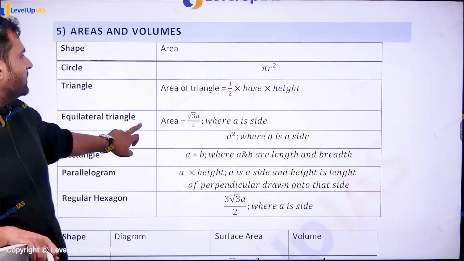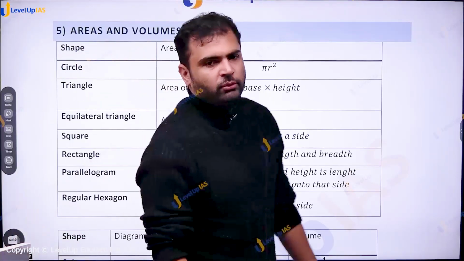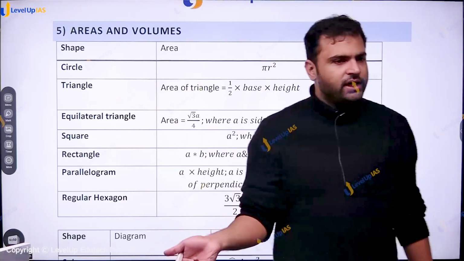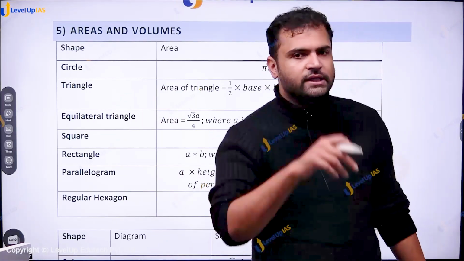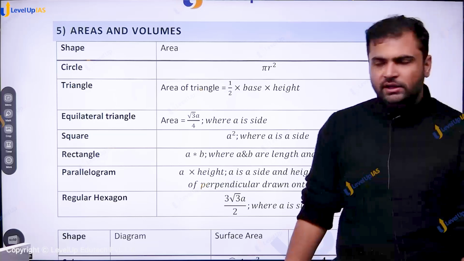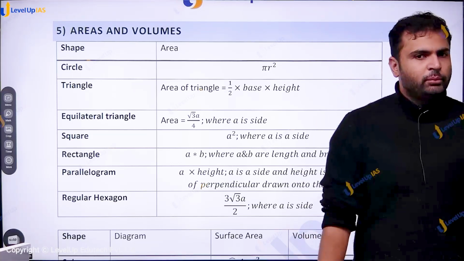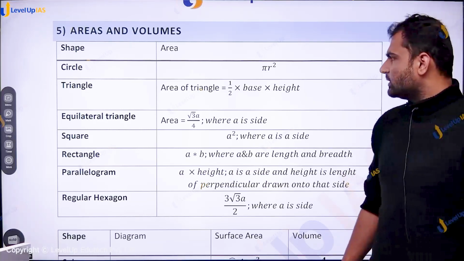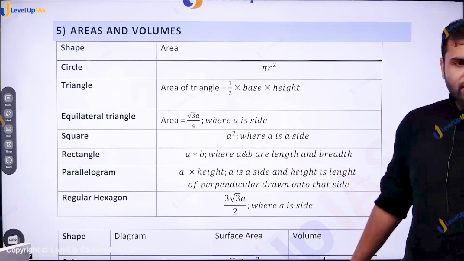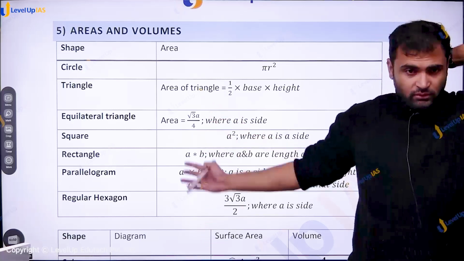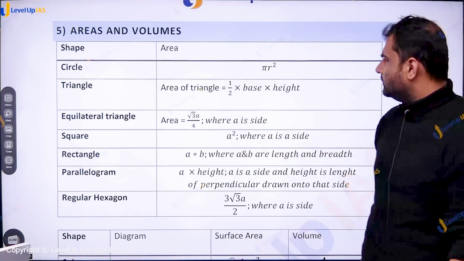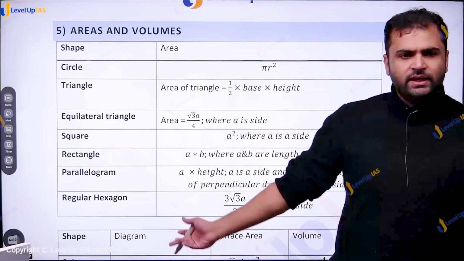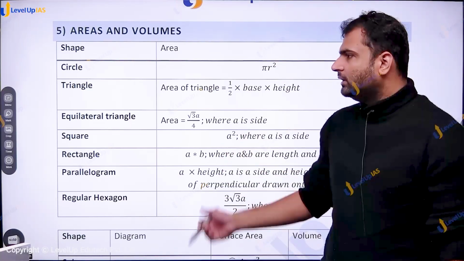Next thing we want to cover is area and volume of popular shapes. Circle, we know area is pi r square and circumference is 2 pi r or pi d. In triangle, area is half into base into height. Perimeter is sum of the sides length. Equilateral triangle, root 3 a square by 4. Square, side square is the area that we know. Rectangle,